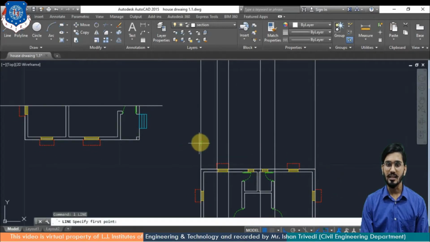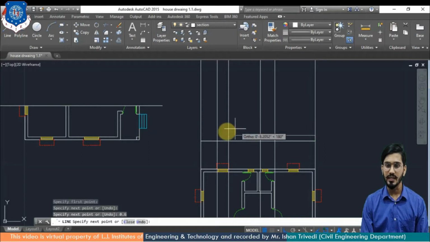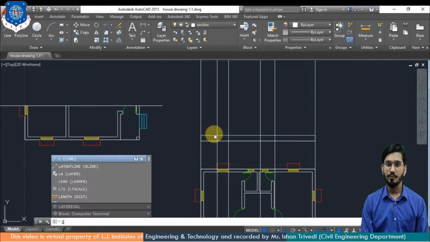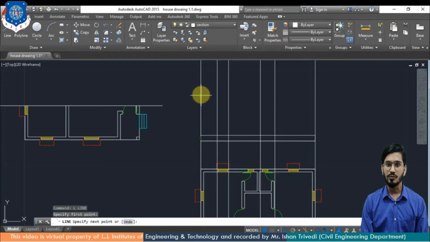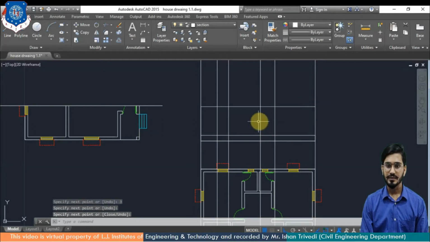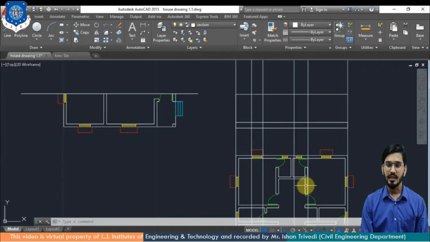Now I will apply the line command and plot a ground line, just connecting the points. Now I am continuing, and by applying a plinth height of 0.6, I press enter and you will get that height. You will connect the part and you will get the ground line to plinth height. Now from plinth height I am going to go to the upper floor, that is 3 meter height, and cover up the part, and I will get the plinth and floor height. Similarly, you can do this and finish the elevation shape.